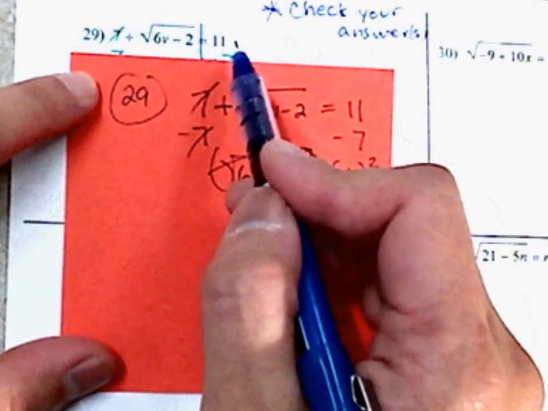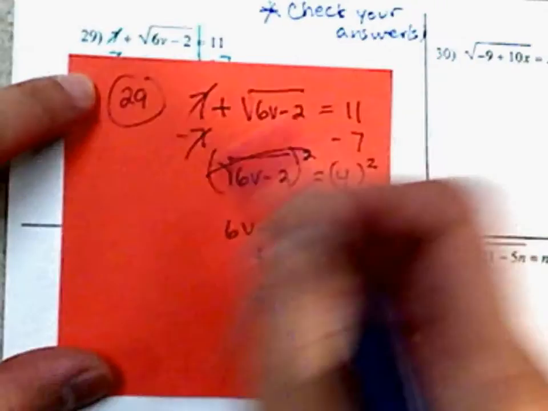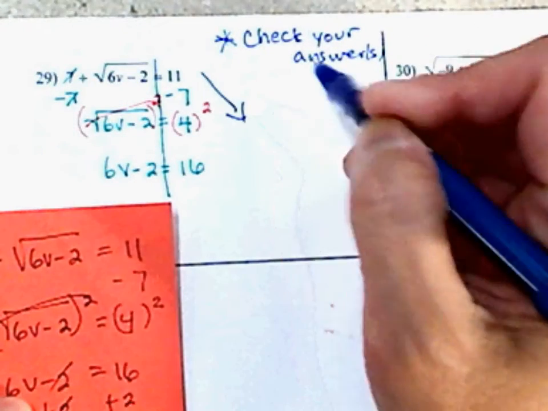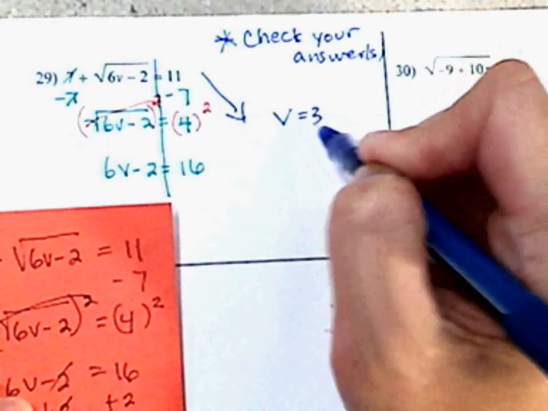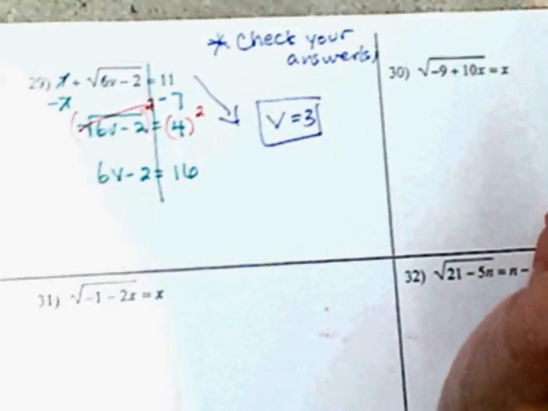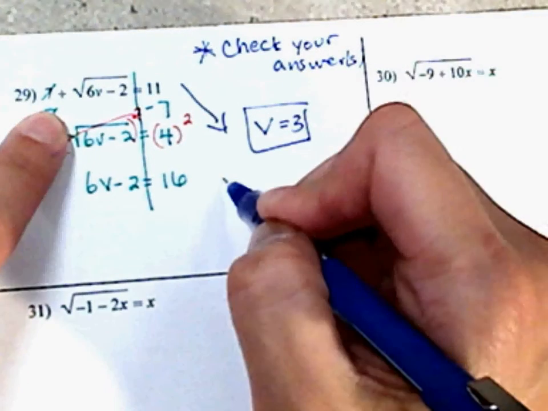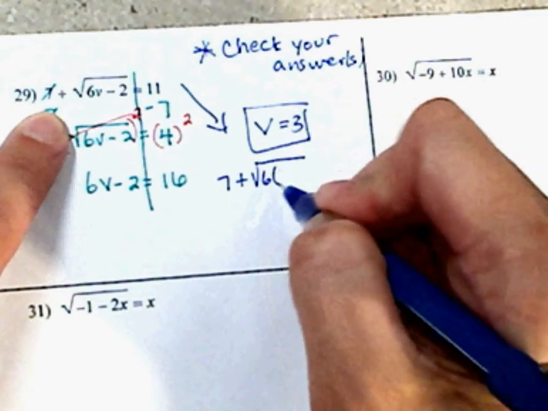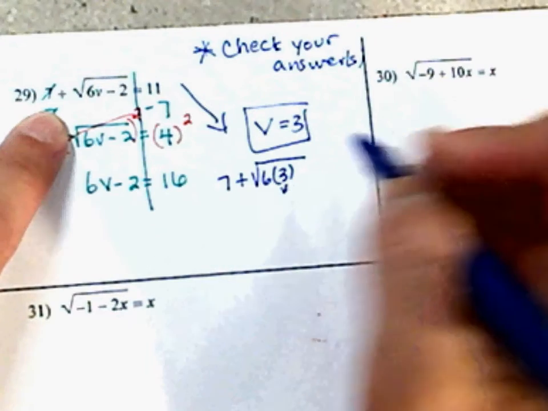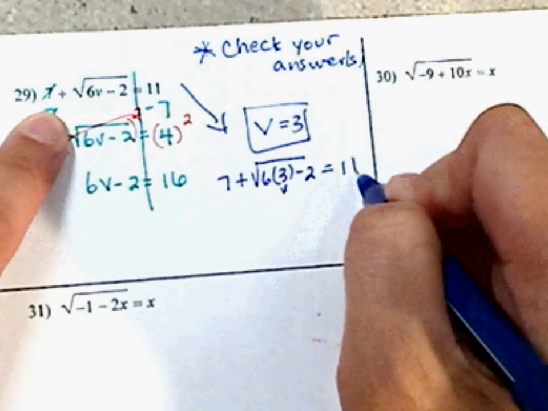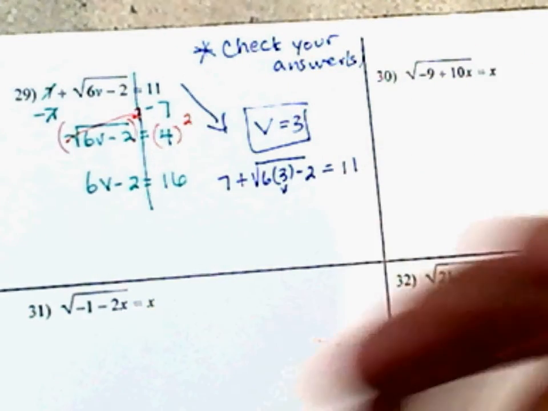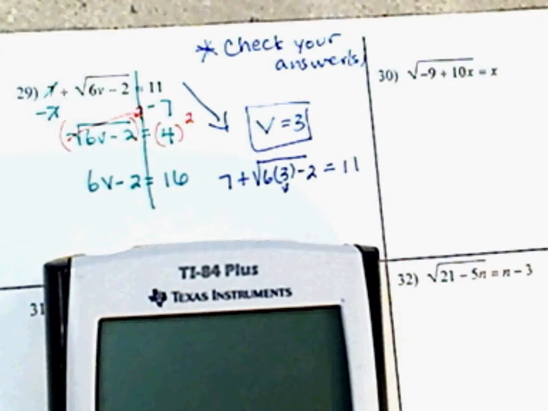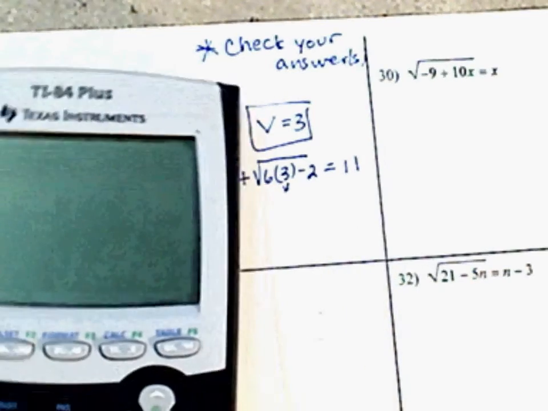So when you check, you just plug it into here. So I'm going to check right here. We had v is equal to 3. Okay? Move that sheet. All right. So 7 plus square root of 6 times 3, notice that's your v, minus 2 is equal to 11. Use your calculator to do your work for you. All right. So here we go. So I'm going to just type this in